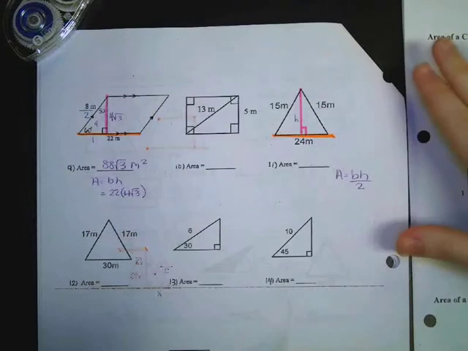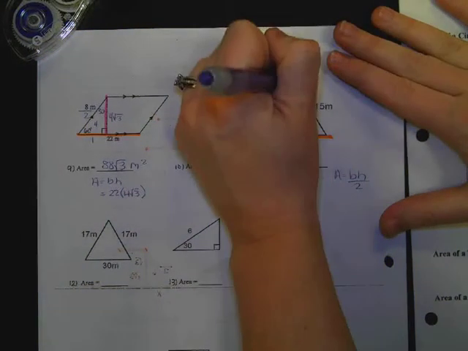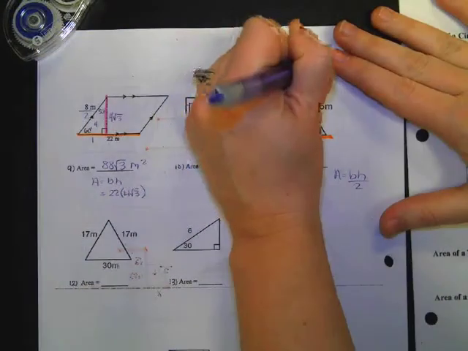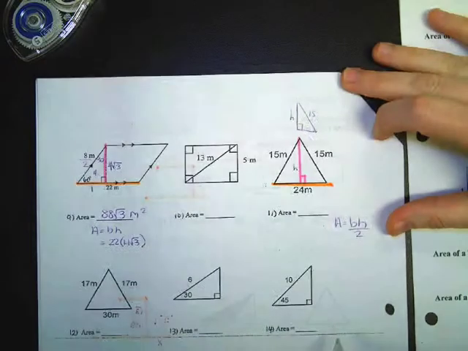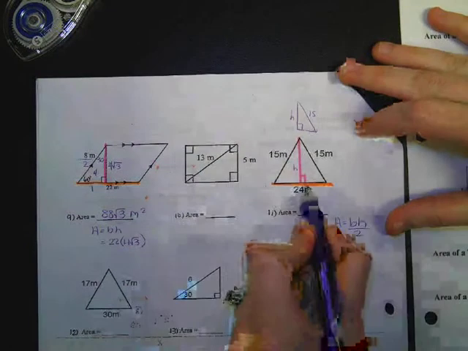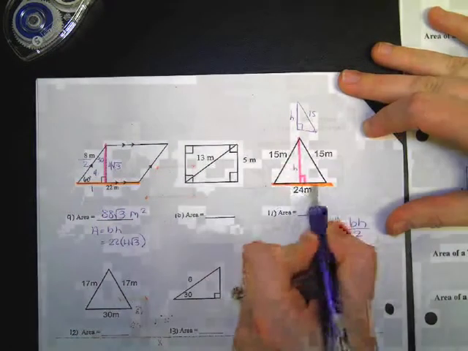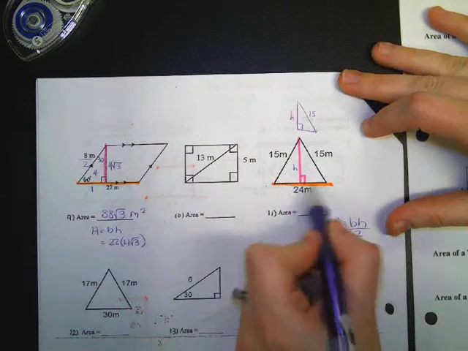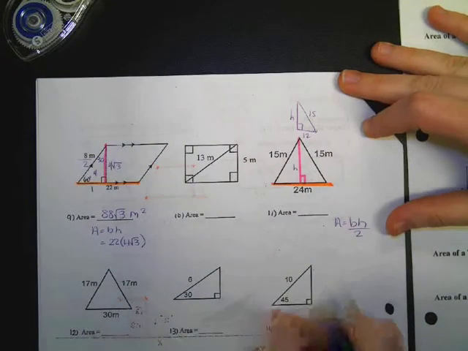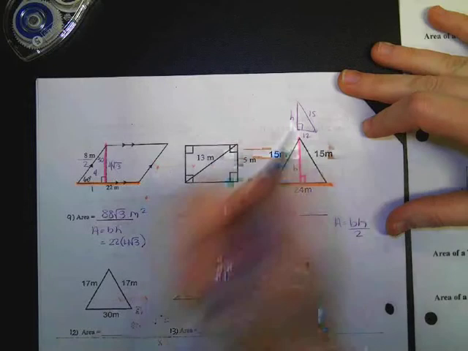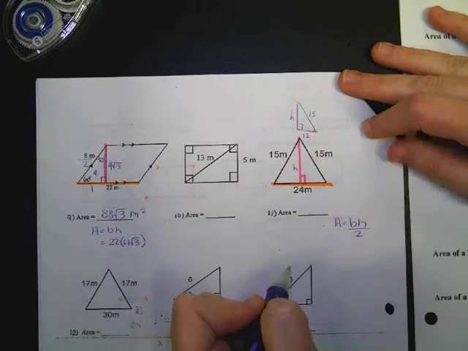If I'm using half of this picture, you can draw it a little higher if you want to. We have those side lengths, the height, and the 15. This bottom piece I can find because it's isosceles. I know that it's split equally into two pieces. Half of 24 is 12. So now I have 2 out of 3 sides of a right triangle, which tells me to use Pythagorean theorem,